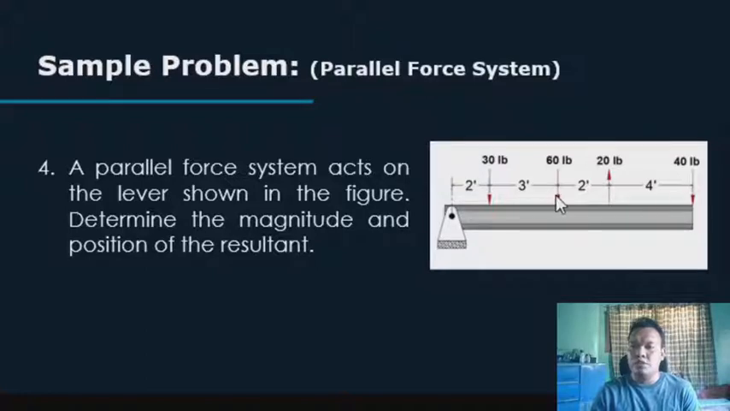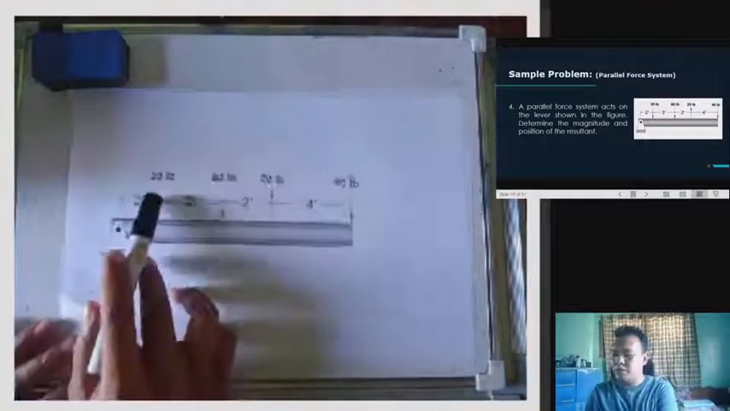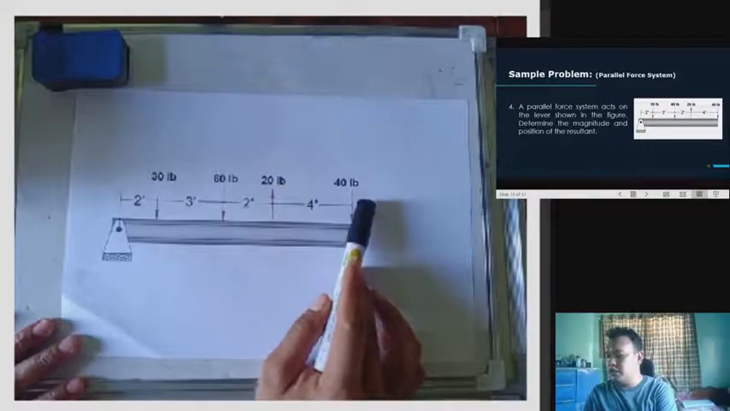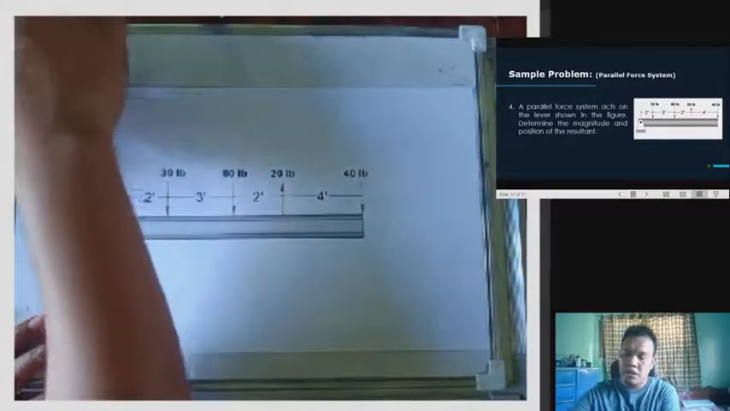So in this given figure, we have here 30 pounds, 60 pounds, 20 pounds, and 40 pounds na nag-act dun sa lever natin. So pinapahanap po is the resultant force and the location of the resultant. No? So we have here this figure. So we have here 30 pounds going down, 60 pounds going down, 20 pounds going upward, and 40 pounds going downward. So to get the resultant force